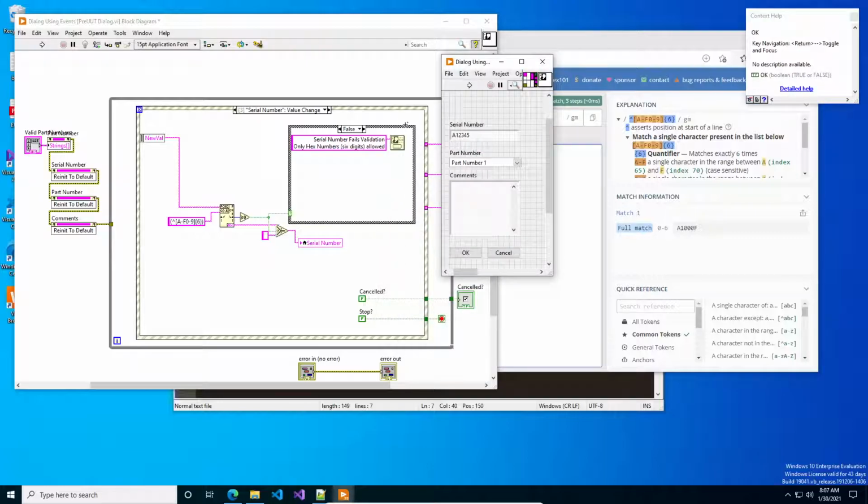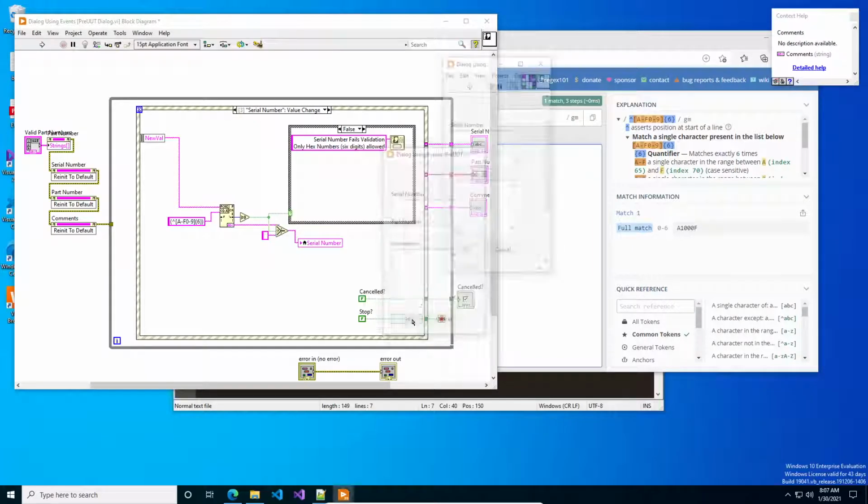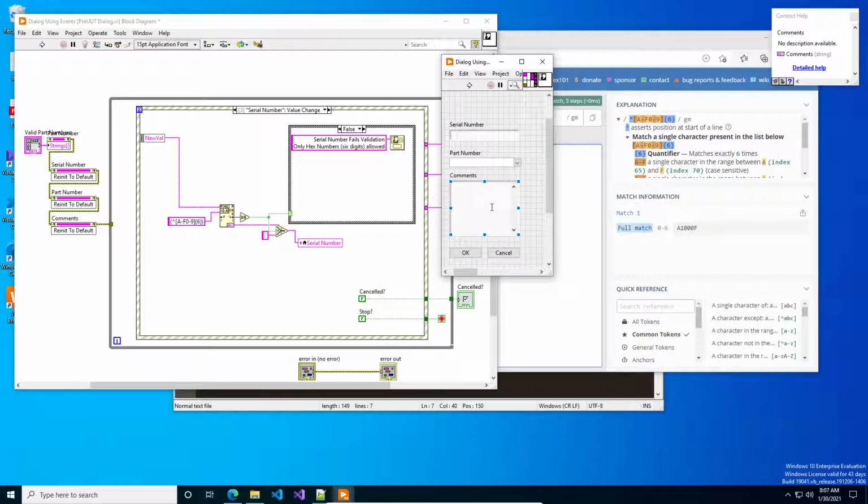Now, as you notice, there's one flaw with this that we're going to fix right now. Even though if it's all valid and you press OK, that's fine, if there's nothing in the serial form, or any of these forms, you can still press OK. So there's 2 ways to do this. We can disable the OK button